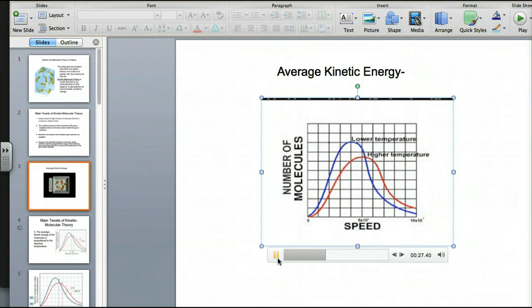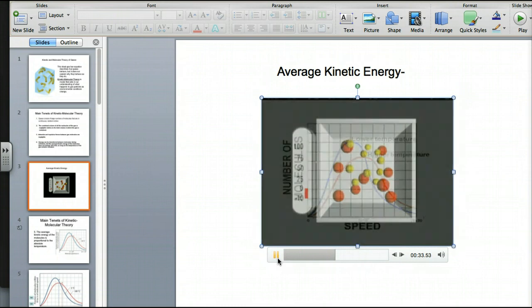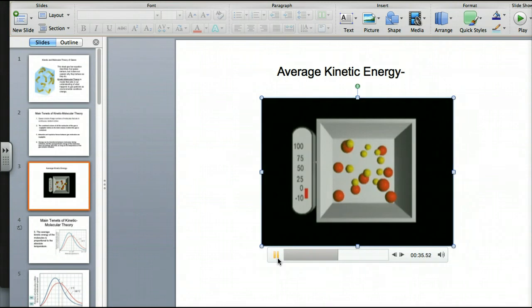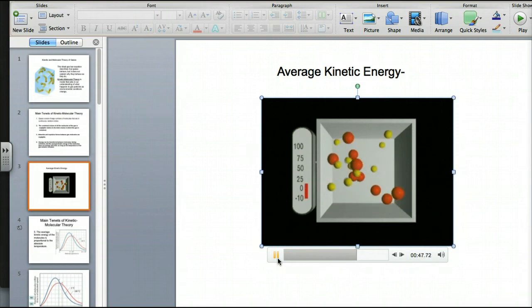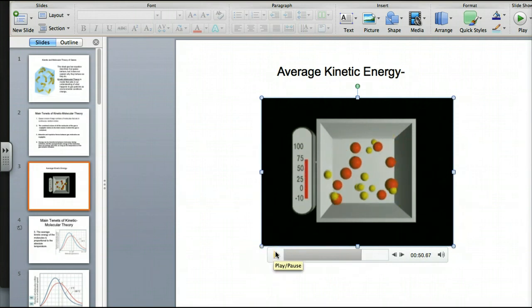Notice that the most probable molecular speed, given by the peak of the curve, increases as the temperature increases. Here we see a mixture of two gases with different molecular masses, helium and neon. The more massive neon atoms move more slowly, but they possess the same average kinetic energy as the helium atoms. At a given temperature, the